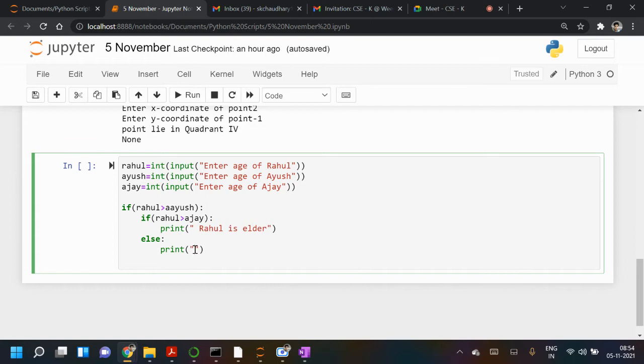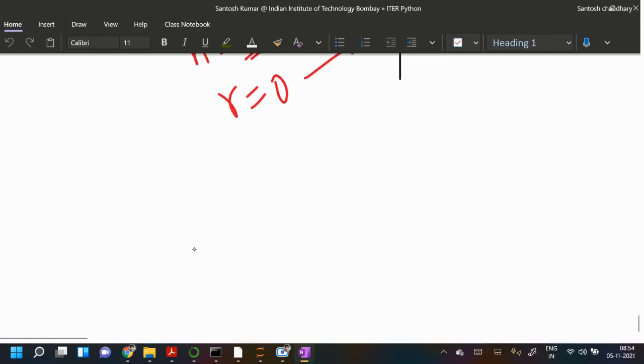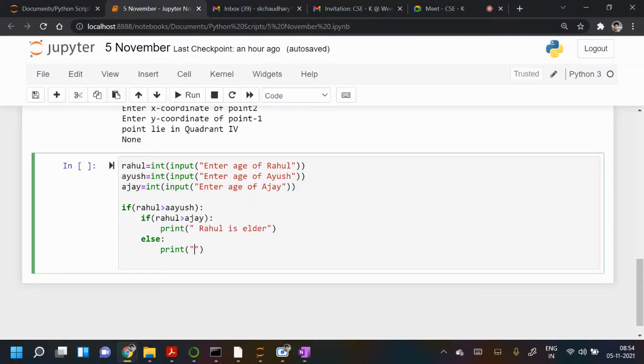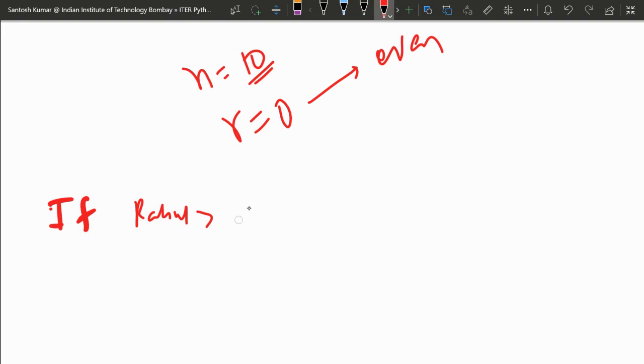Okay, so let me show you on this part, then you will understand better. I started with what? The first if is Rahul has more age than Ayush. Inside that if, I'm again writing one if, for Ajay.